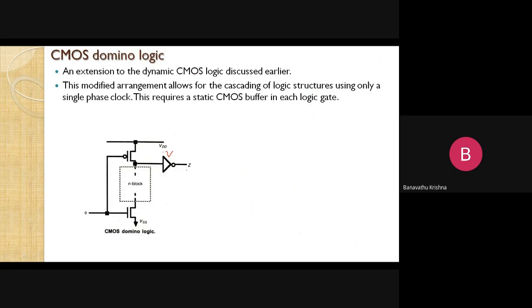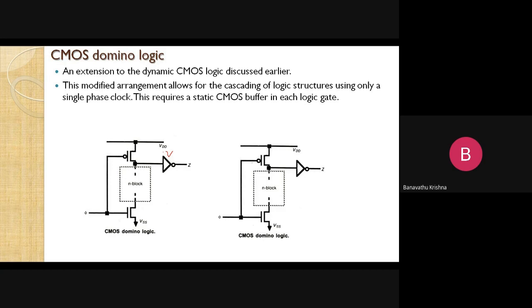Here the concept explained only uses a single CMOS domino logic circuit, but I'm going to take one more circuit diagram, a similar CMOS domino logic, to show how the cascading problem is overcome by using CMOS domino logic. So again, I want to take one more CMOS logic stage. Here I apply logic 0, so it is already pre-charged, which is 1. When I apply 1 in the second case, it is on. The n block also gets input 1, so both are on.